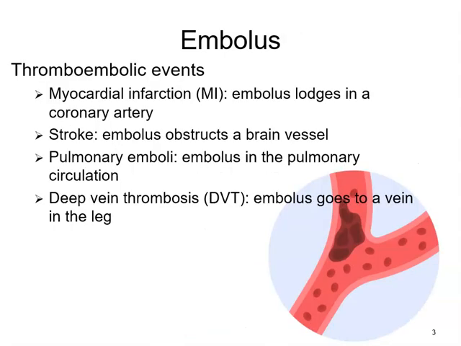A thrombus becomes an embolus when it moves, so once it gets on the move. So blood clots can travel throughout the body, and where they end up is basically what we would call them. So most emboli do start in the deep vascular system of the lower extremities, so DVT. That happens in the vein of a leg. And then as the body pumps them up and out, then if they go into the heart, it's called